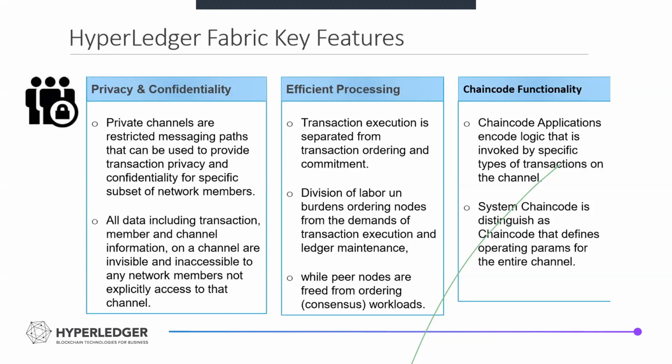Anyone can't see the details of the other nodes, although he is in permission on that private network also. He can't see the details of that specific peer. Efficient processing is there. Transaction execution is separated from other commitments, and